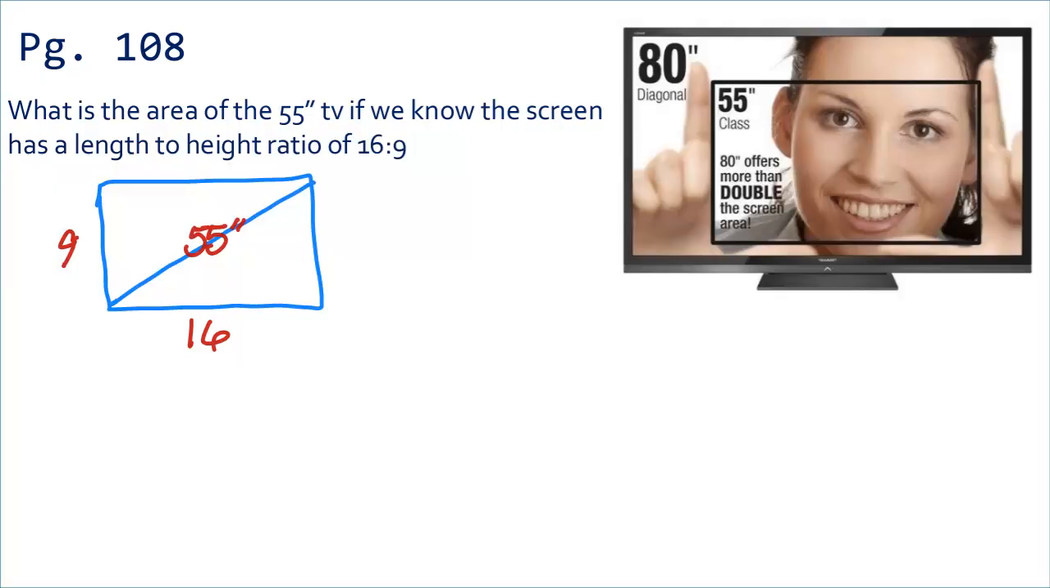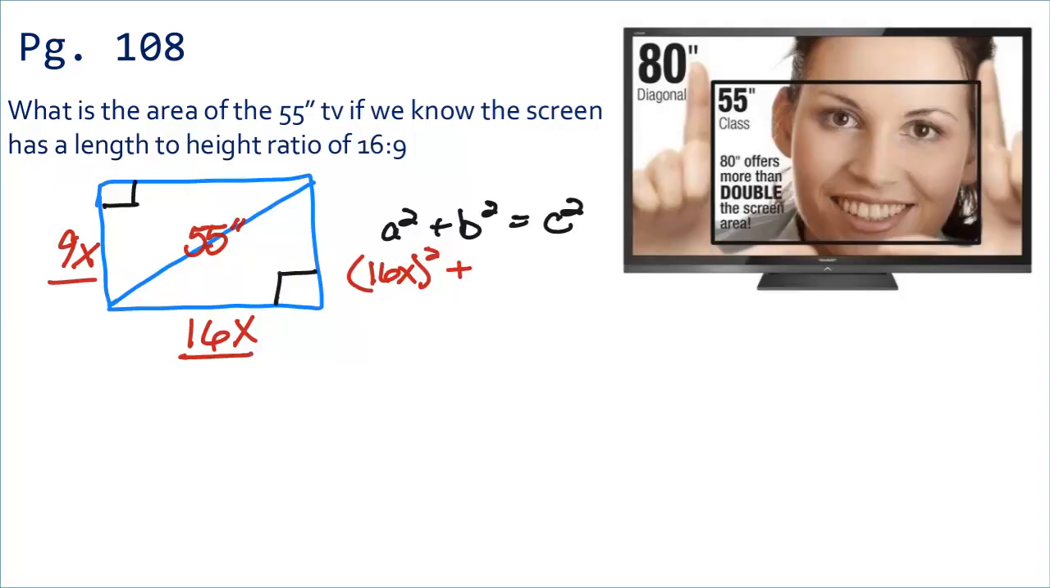But is it really 16 and 9? No, it is 16x and 9x, right? Because there's some multiple involved. So then we look and see, this is a right triangle. I should use Pythagorean theorem. So a squared plus b squared equals c squared. A, I can put in 16x squared plus b, my other side, is 9x squared equals c, my hypotenuse,